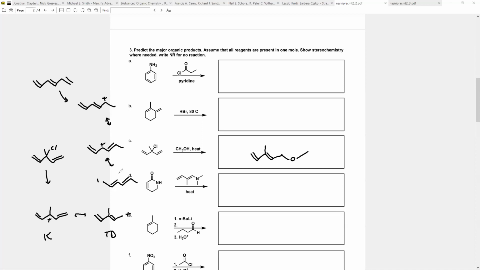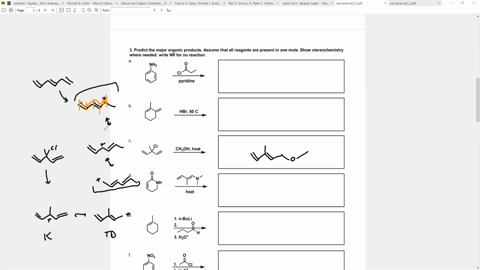It shouldn't be too hard to see which cation here, out of these three, which one's thermodynamic and which one's kinetic. Kinetically, well, actually, two of these cations are actually really stable, right? They're both secondary. So I would say if I had to put my money on the kinetic here, kinetically, this one forms initially, and it is more stable than this one here, right? Simply because, well, how would you determine stability here? I was trying to avoid using this term, but if you look here, this is linearly conjugated, as in